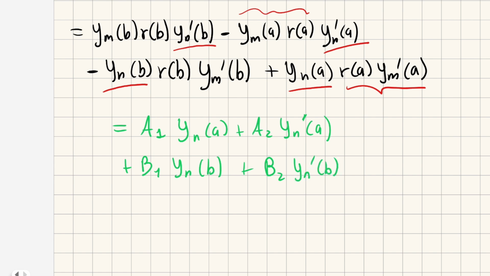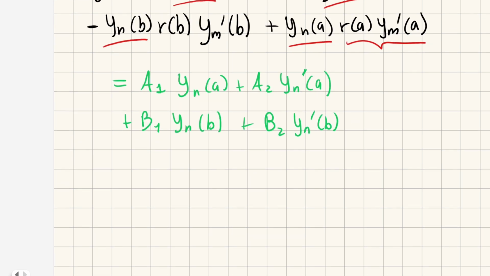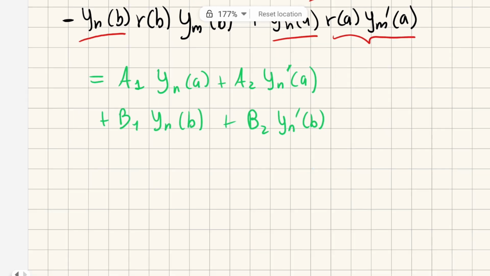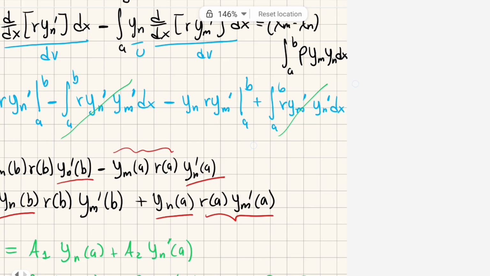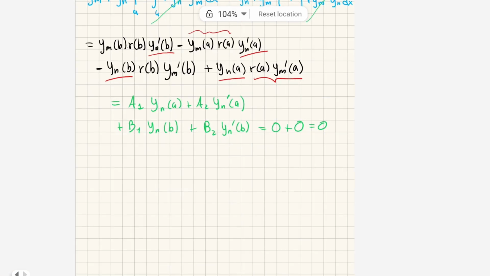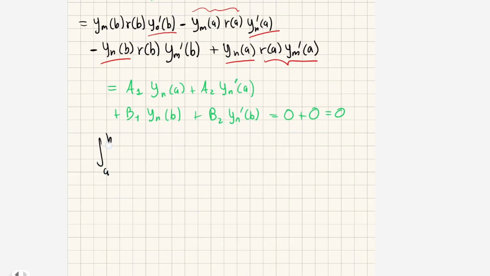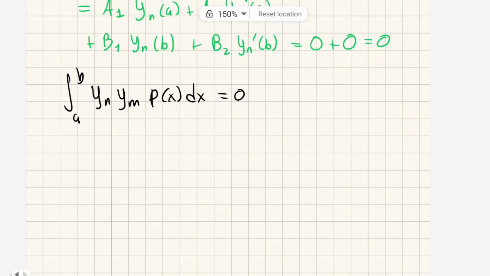yn'(b). And looking that we need to satisfy the conditions from the Sturm-Liouville problem, of course this is equal to 0 plus 0, which is 0. Perfect. So that means that this quantity that we have here is equal to 0. So that means that the integral from a to b of yn ym p(x) dx is equal to 0. That is going to be known as the orthogonality condition